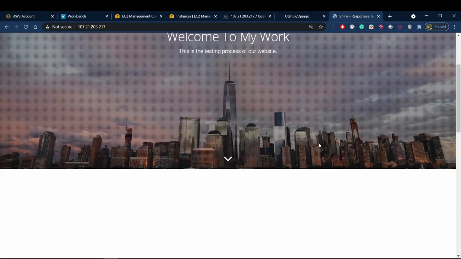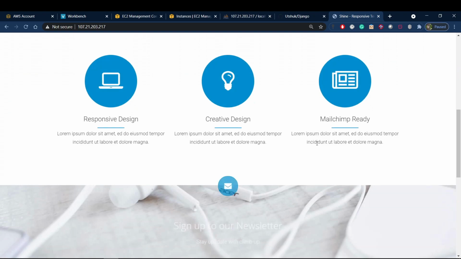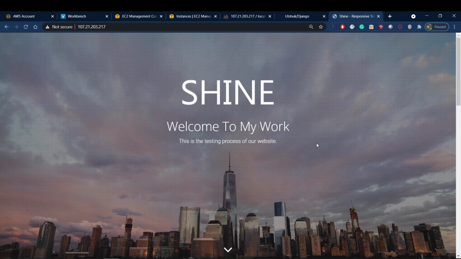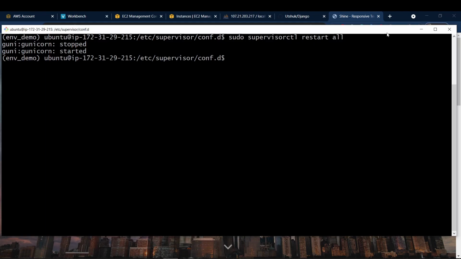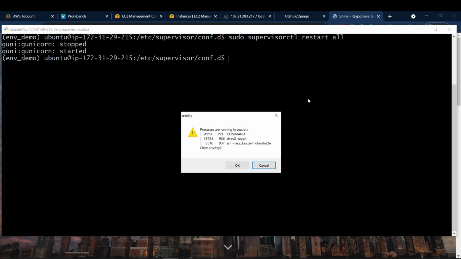So in this way, we have successfully configured the Django and Python project in our AWS EC2 instance using the nginx as a web server, also known as reverse proxy, and we have used the unicorn as WSGI HTTP server. And then we configured the supervisor to run the unicorn process in the background even when you close all the instances here, or even when you terminate this terminal.